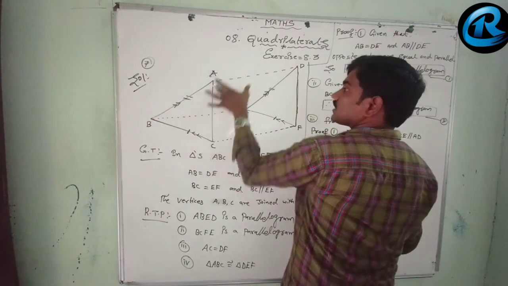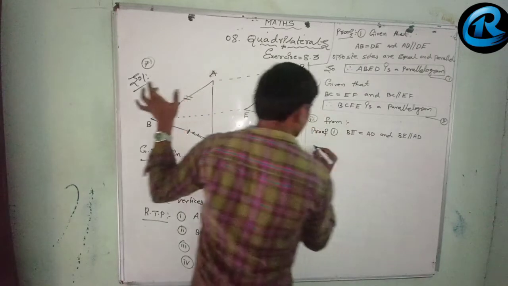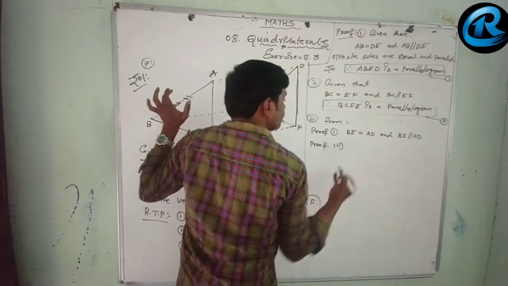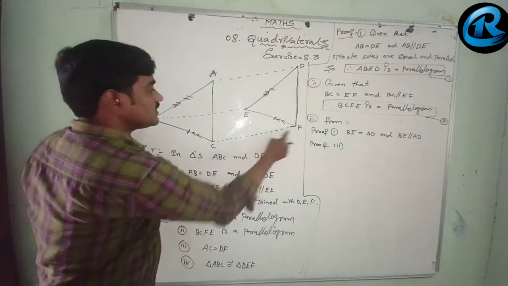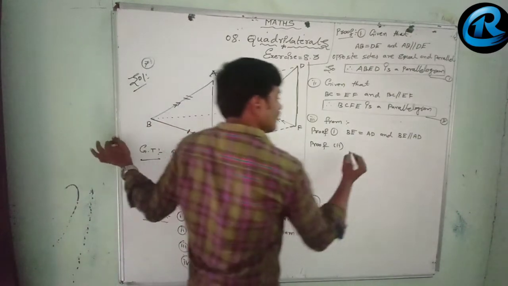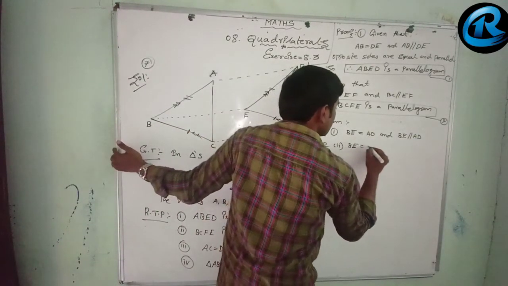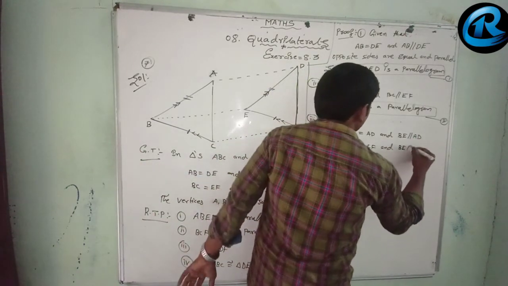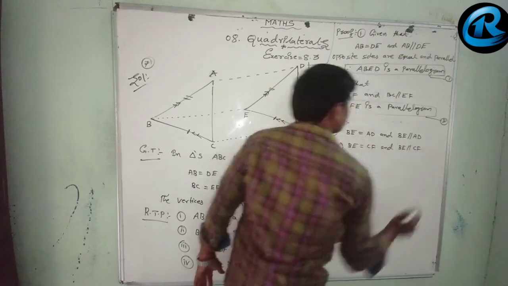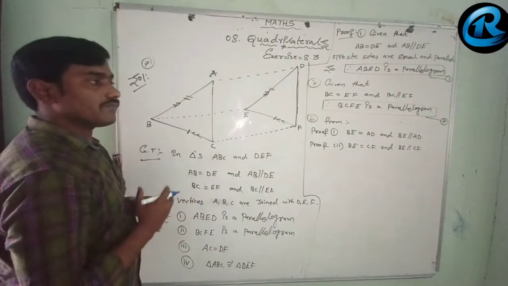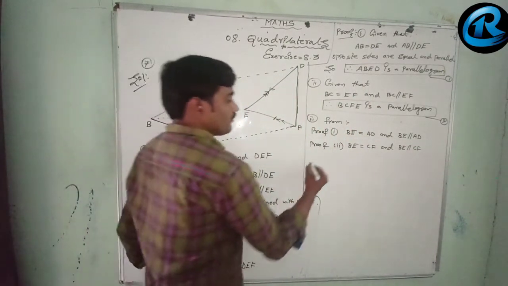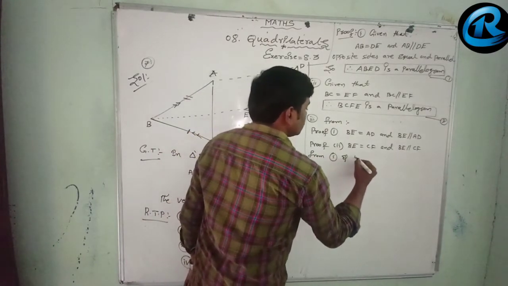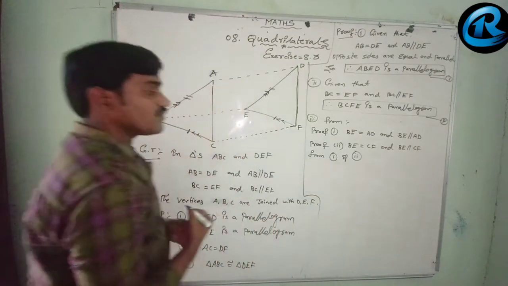So these two sides are equal and parallel, from proof number 2. What can we write now? Here CF is parallel to BE or not? This BE is parallel to CF, and this BE is also parallel to CF. Here also. Then from proof number 1 and 2,